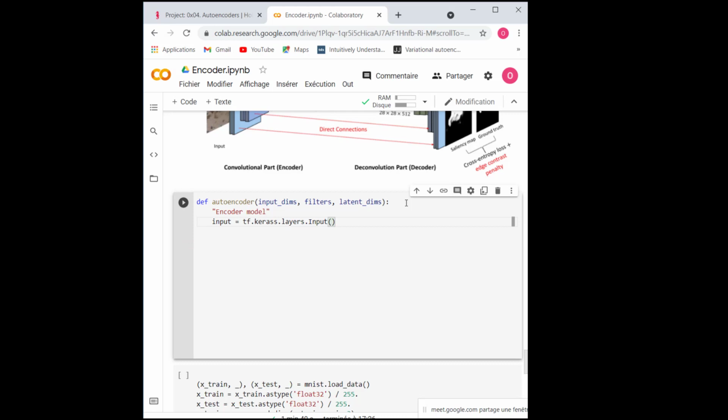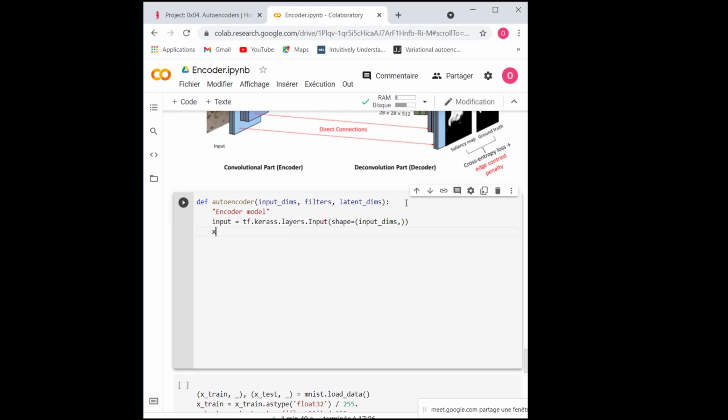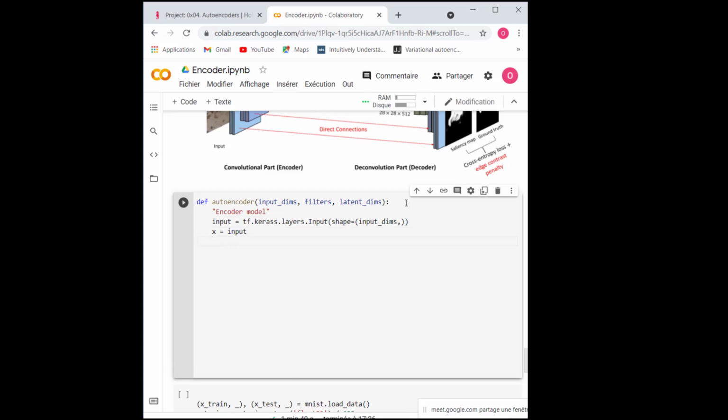My shape will be my input dimensions. This is for the first layer. I'm going to call my x for the next layers. My x at first will be my input. And then I'm going to loop this time over the filters, so I'm going to call it f in filters.